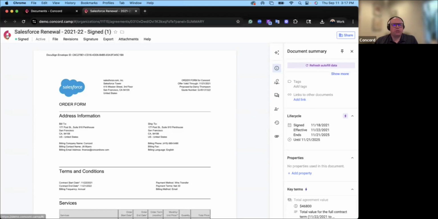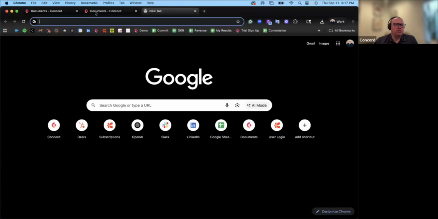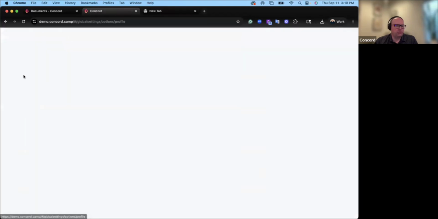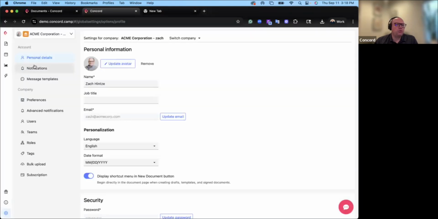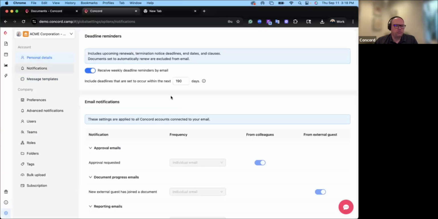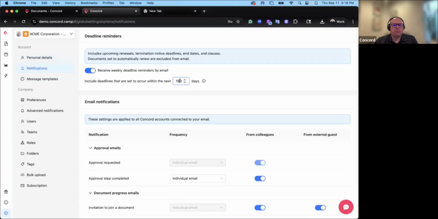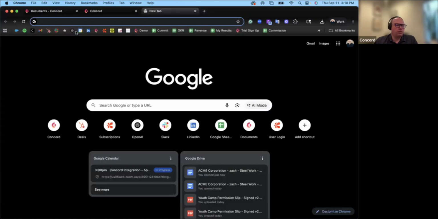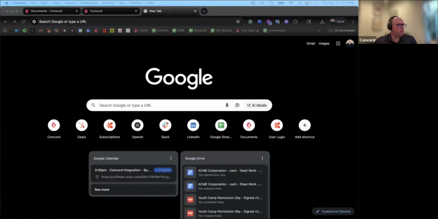So the way the actual alerts work is you're going to receive an email. Well, let me show you one other thing first. So you will choose how far out you want your alerts to start here under notifications. And so by default, I believe this is 120 days. Like every account we set up, I think the default's 120, it might be 90. So within 90 days or 120 days of that deadline happening, that's when it's going to start showing up on your weekly email. So you're going to get an email that looks similar to this